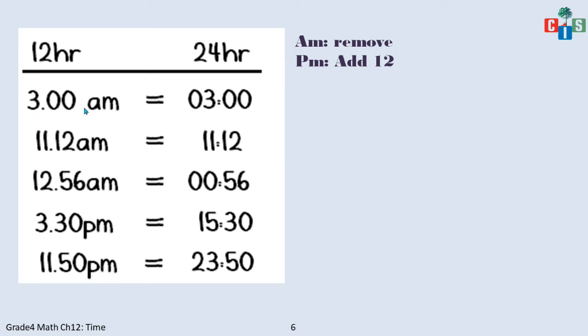If 3 AM is the time in the 12-hour clock, what will be the time in the 24-hour clock? I am going to remove AM. So it will be simply 3 hours. It will be simply 3 hours, I will write here. Okay. Now if it's 12 AM. As it's AM here, let me first of all write hours everywhere. Here it's hour. Here it's hour. See, it's written here. So here we have hours.